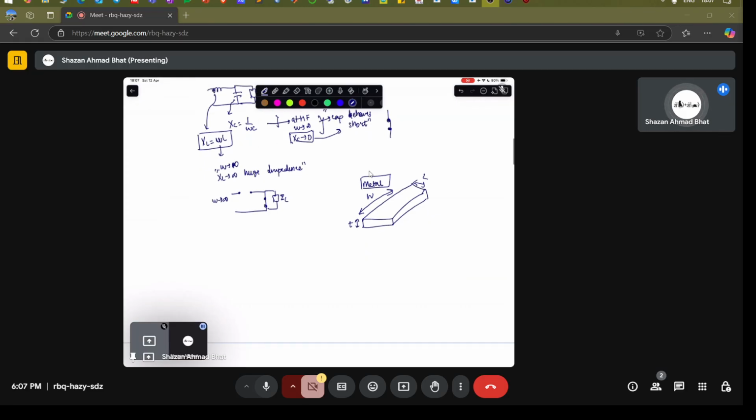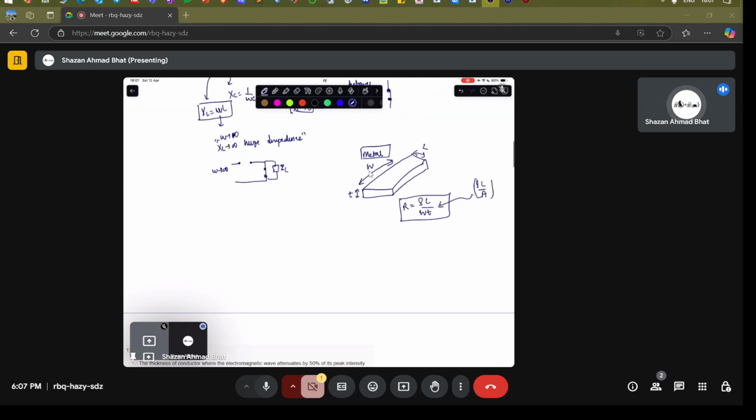Okay, then you know from the basic electrostatic physics, the resistance is rho L over W into T. Okay, so this is actually rho L over A. So this is basically the resistance is dependent on the dimensions of it. Okay, at least we are talking about the